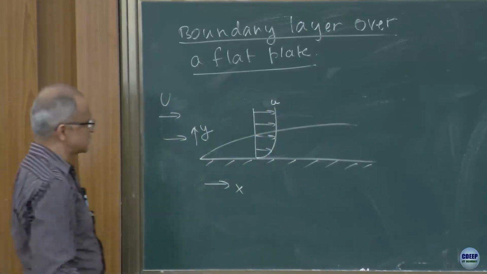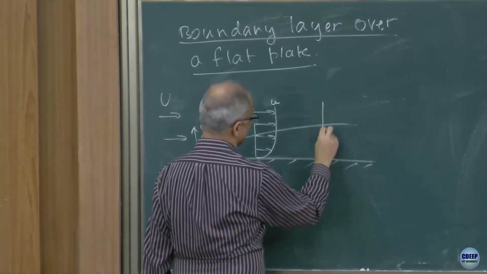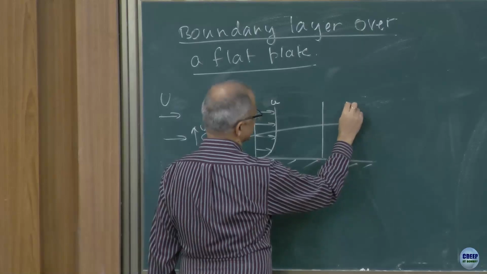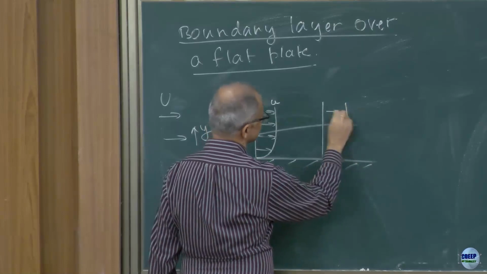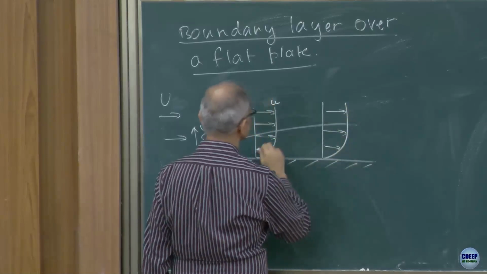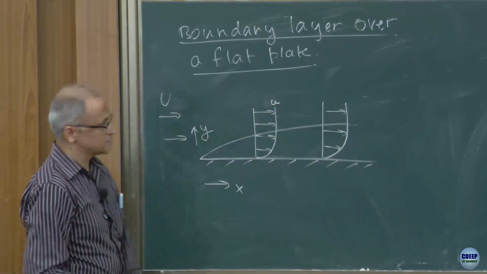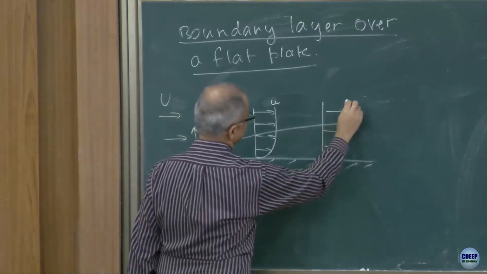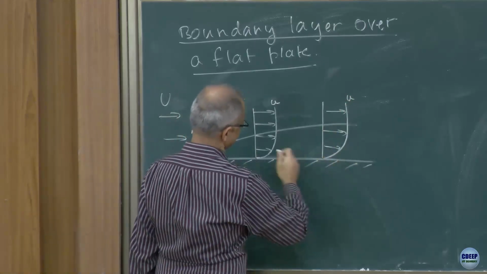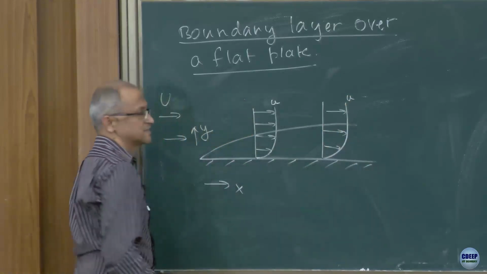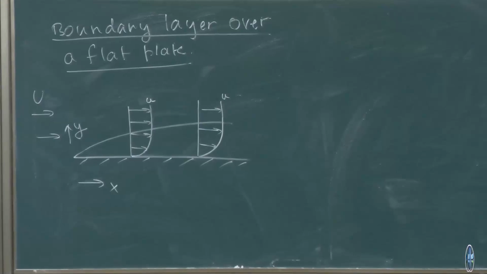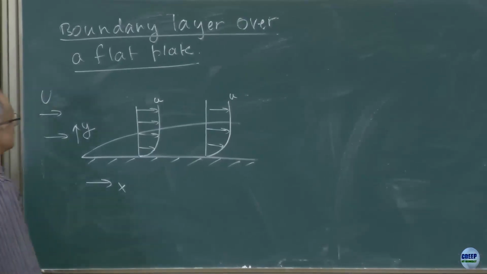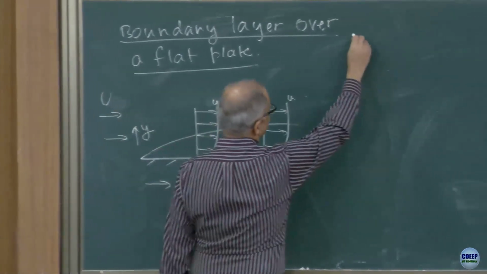And it is obvious that as we keep going further into the flow, my velocity profile or the boundary layer thickness, the region which is being experienced. So boundary layer thickness is the region which is experiencing this gradient. And I will start to see that as you keep on moving along the x direction, the boundary layer thickness will start to increase. So if I were to do an analysis of this,